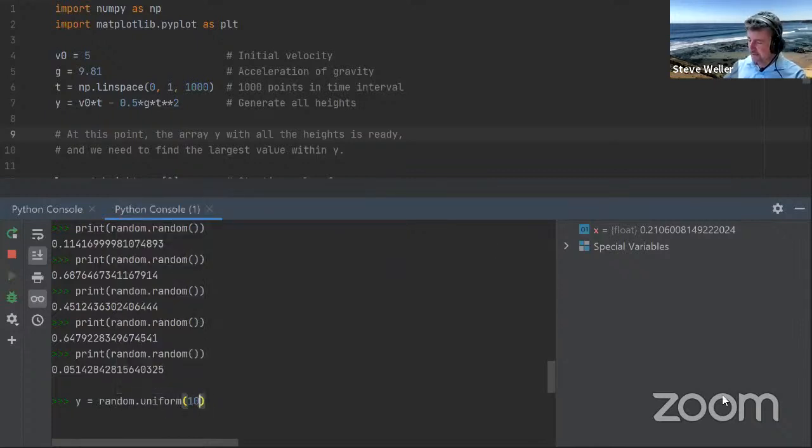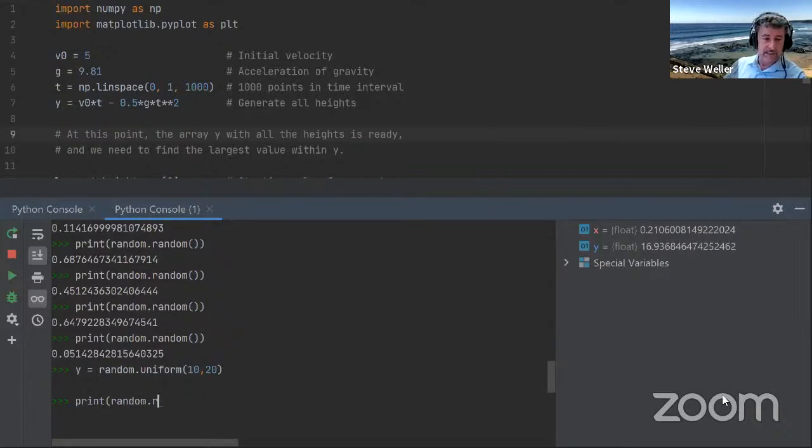The other way we can generate random numbers is the uniform function, which is also within the random module. This allows us to generate random numbers in the range 10 to 20, for example. A floating point number, not an integer. Let's print Y. There it is, 16.93.